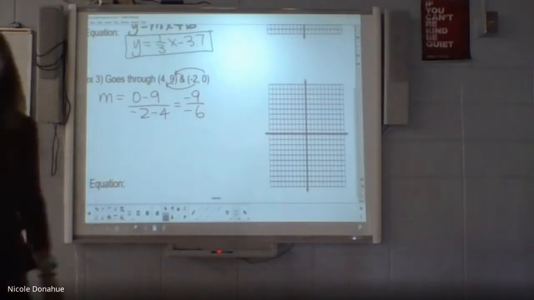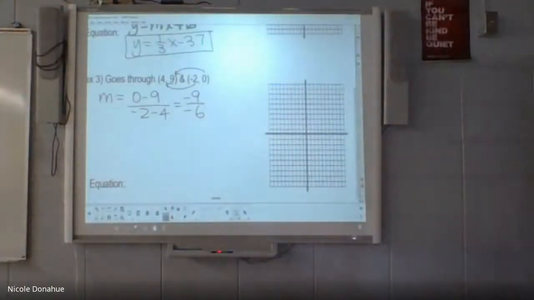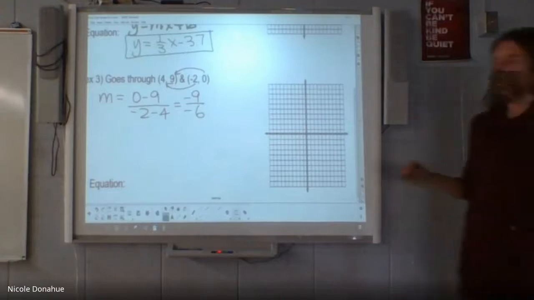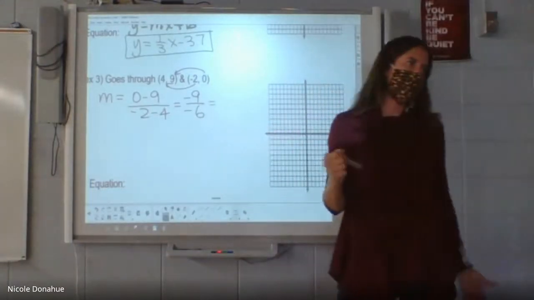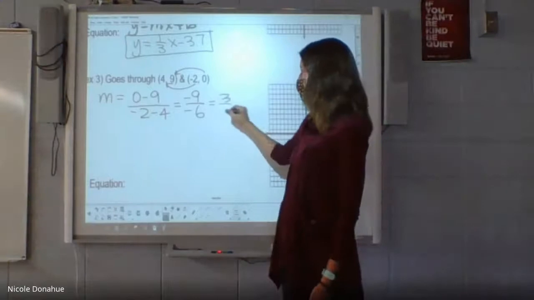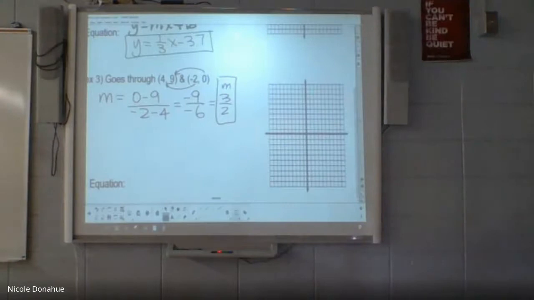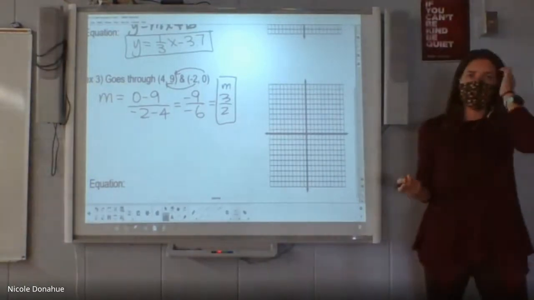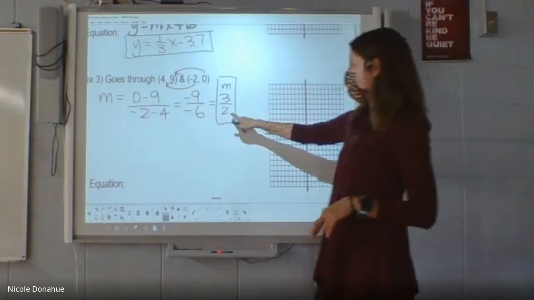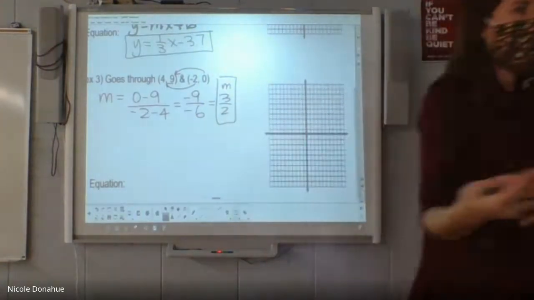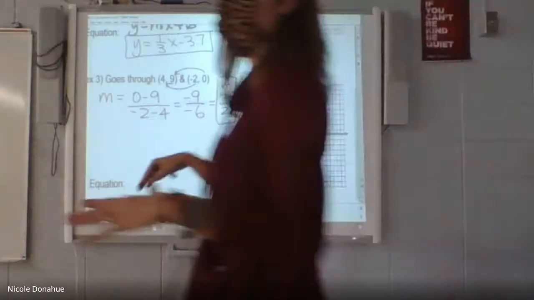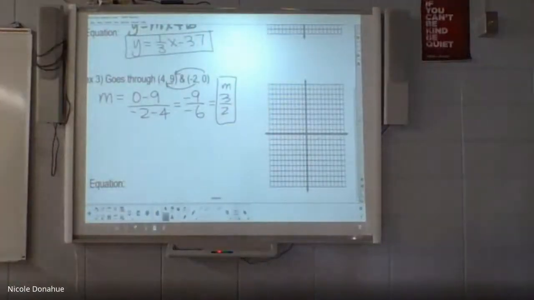And I can simplify that to be what? Two negatives is actually going to be a positive. So positive 3 over 2, and I simplify that. So that's our slope. Now, had you graphed that on the graph paper, you could have seen that was the slope as well. But that's our slope. We also want to find our b. So if I know the m and I want to find b, how can I do that? Again, try to ignore that we have a graph right now. Graphs maybe just for us to practice a little bit later. How can I find my b?